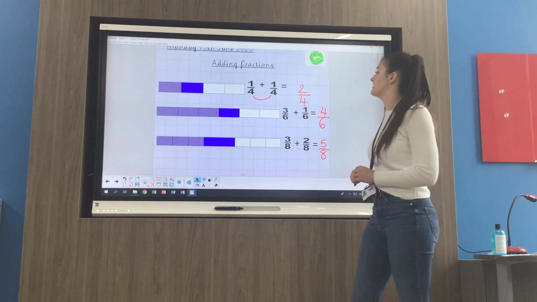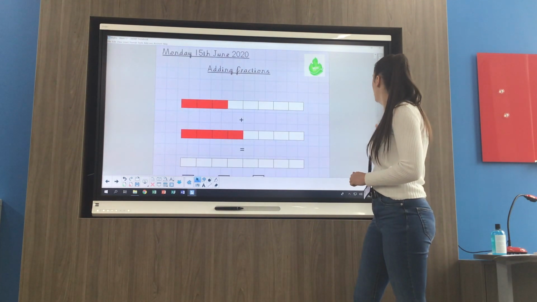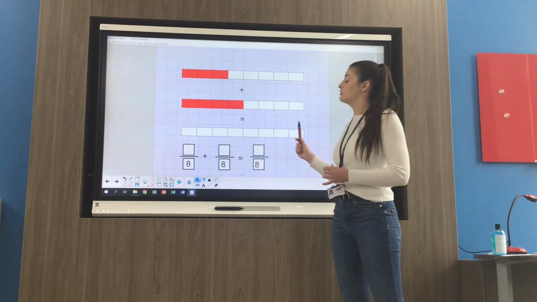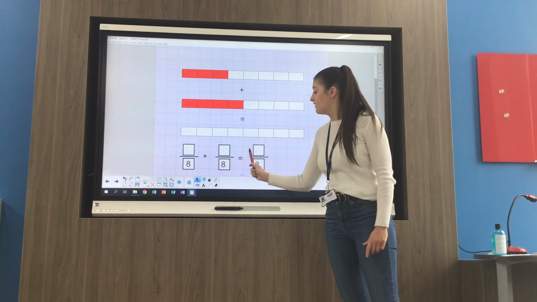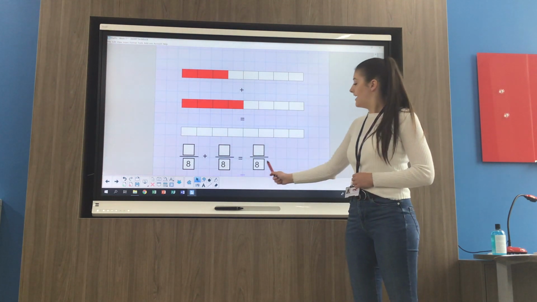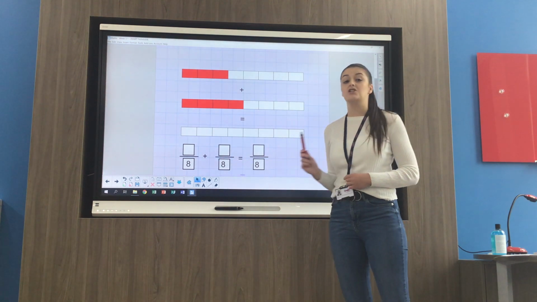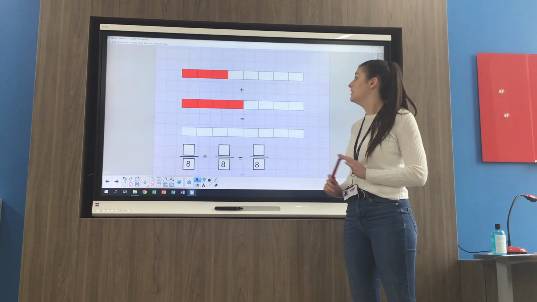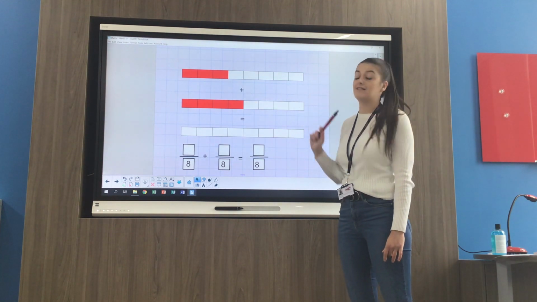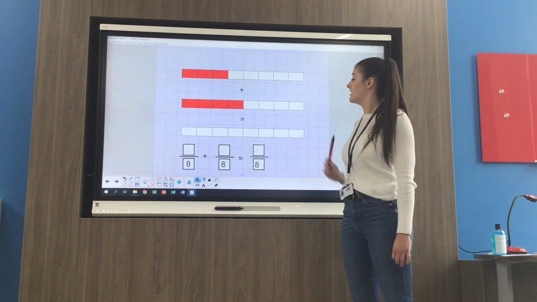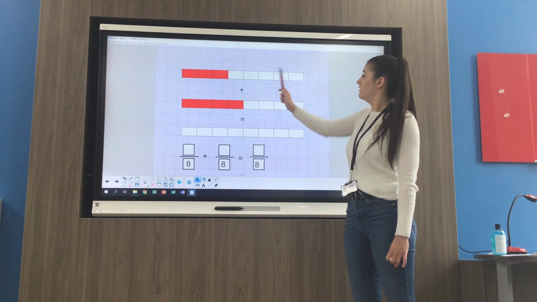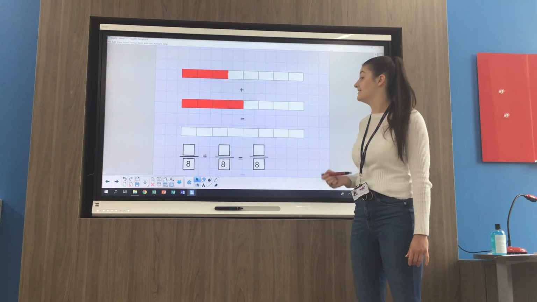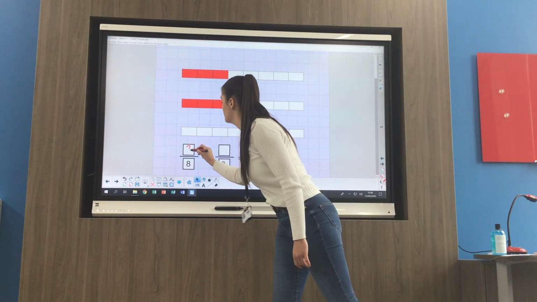Let's have a look at another activity. So you've got some more bar models like this, but this time you've got to do some of the shading in and filling out of the answers. Now, it's telling me here I've got my denominator, which is 8, and I know I've got all the same denominators, they've got to remain the same. So I've got 8 equal parts here that the shape has been split up into, 8 here and 8 here. Now if I look at the first one, I've got 1, 2, 3 eighths shaded in. So I'm going to fill that in because it's asking me to do